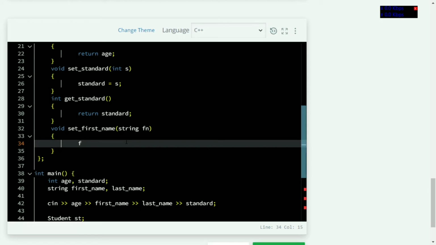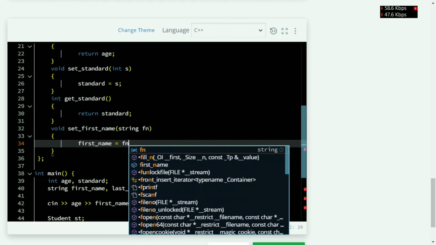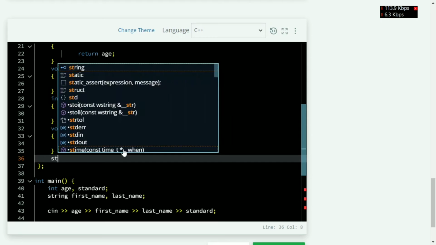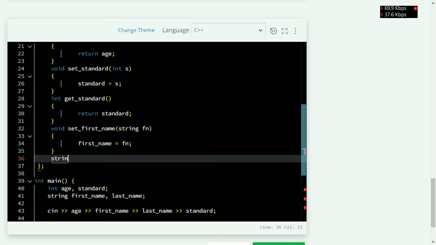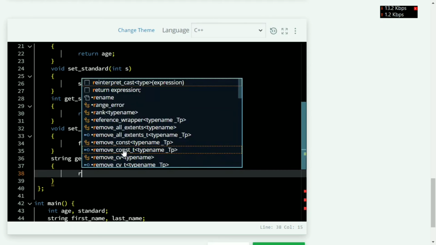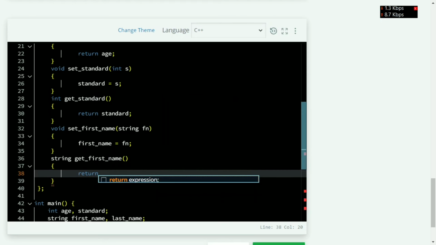So first name equal to fn. Now we have to return the value, so string type, string get first name, and it will return the value of first name.